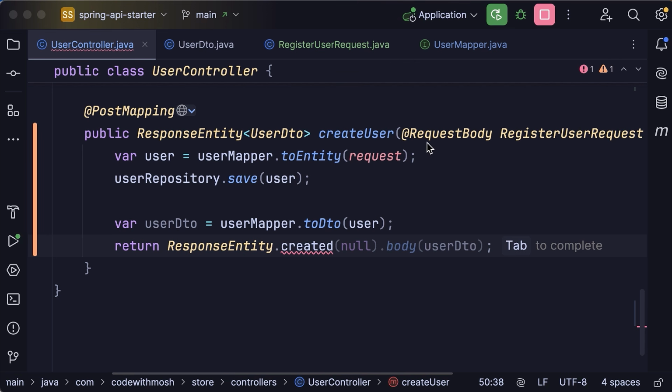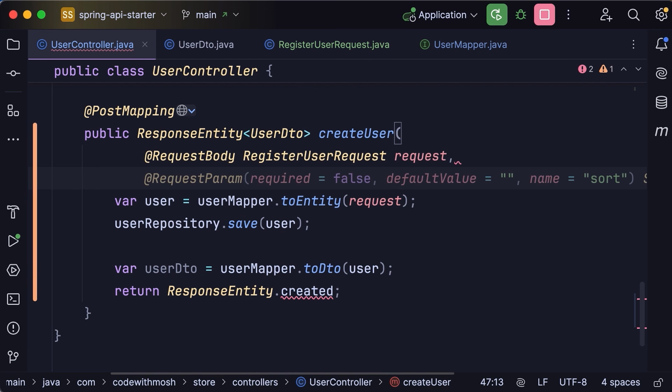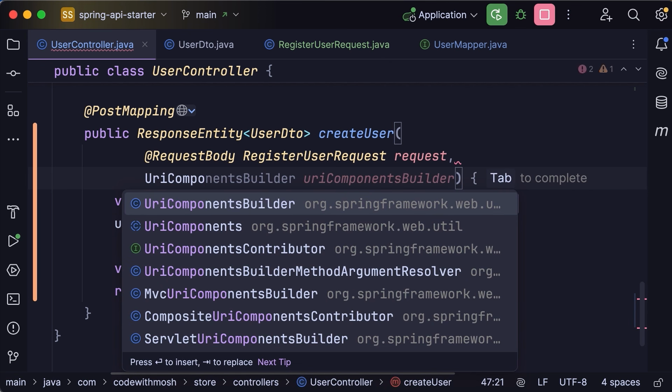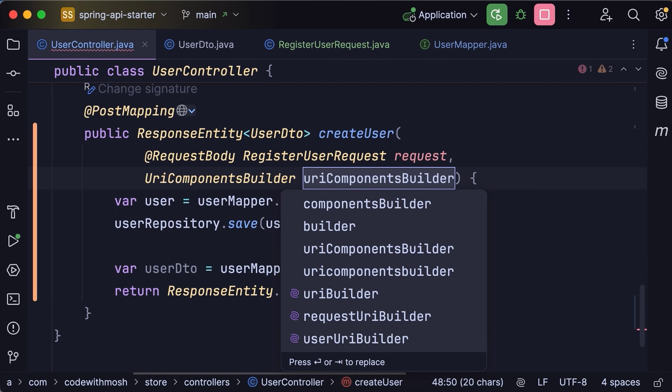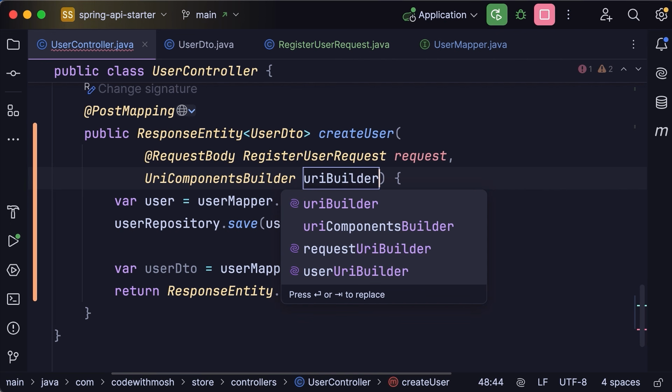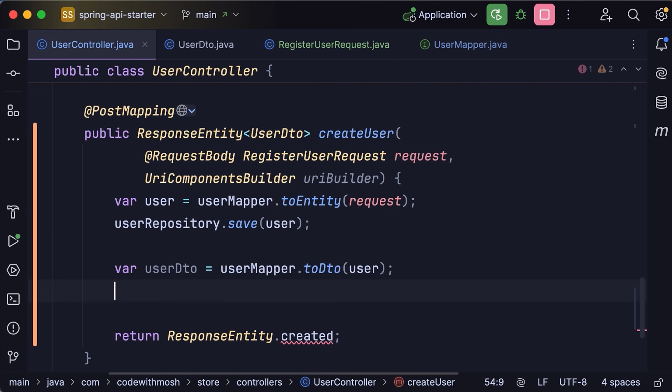Well, back to this method. Let me put this on a new line so you can see clearly. We're going to give this a second parameter of type UriComponentsBuilder. Now, let's simplify the name of the parameter. Let's change it to uriBuilder. That's better. Now, once we map this user to a DTO, we can call